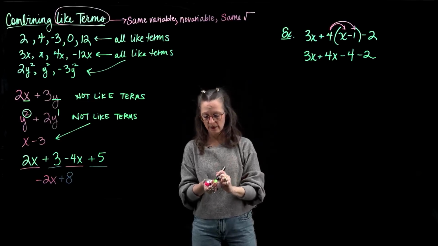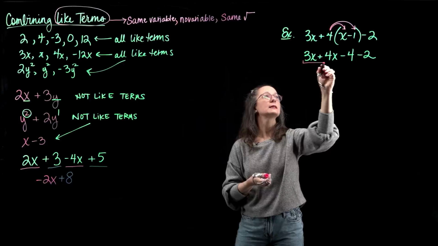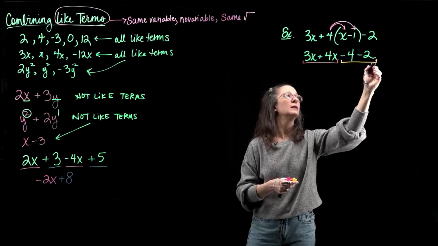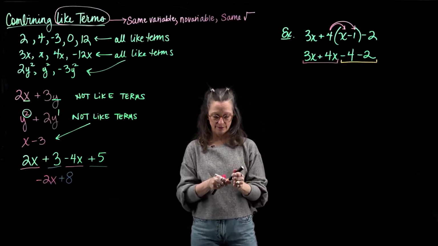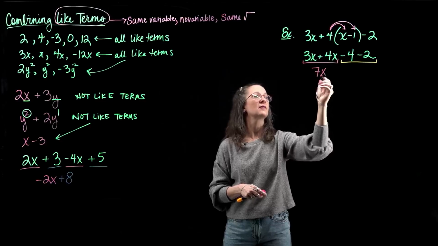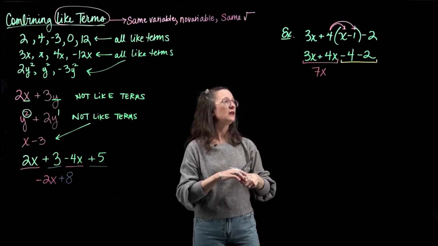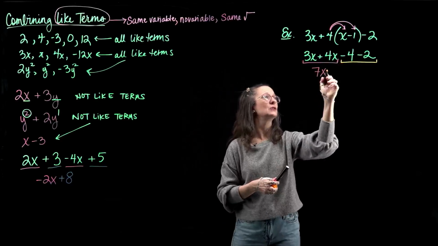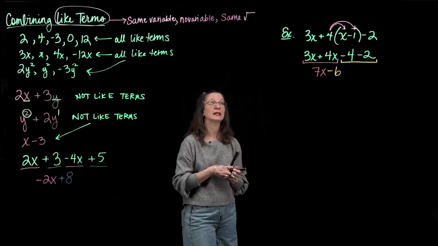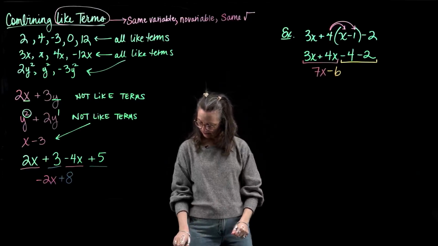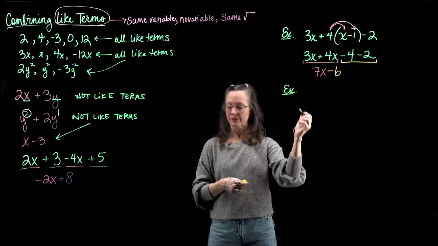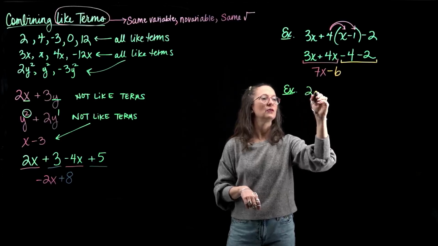All right, let's mark our like terms. So 3x and 4x are like terms, and minus 4 and minus 2 are like terms. So 3x plus 4x is going to give me 7x's. And then minus 4 minus 2 is a minus 6. So our final answer would be 7x minus 6. All right, let's look at one more of these. So I have 2 minus 3